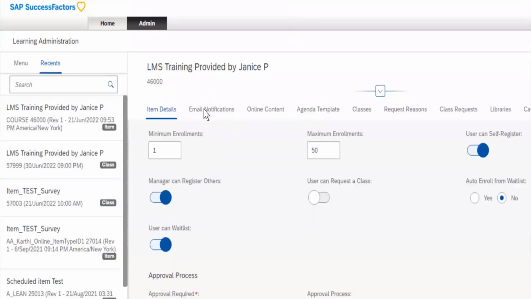Yeah, so I don't have access to edit this one, but you will have because we created it. So even online content, everything we will come right. So let me show you how. If I go here, but I think you can edit because everyone can access. So you have to admin access to edit this. You try email notification. I think you can edit. I can't, I don't know. Because you assess this, so you should be no problem, because everyone can access to this.